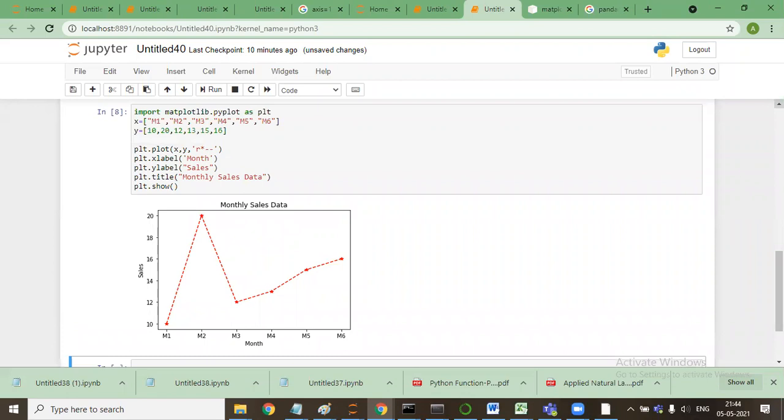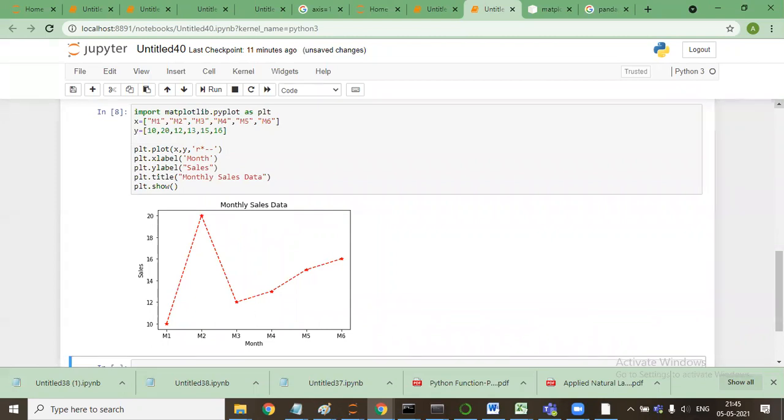I didn't get you. Please come again. So you have given R, star and dash dash, right? Yeah. The first time you specified color equal to red, marker equal to star, and line style equal to dashes. You have only represented it once, no need to represent it a second time.